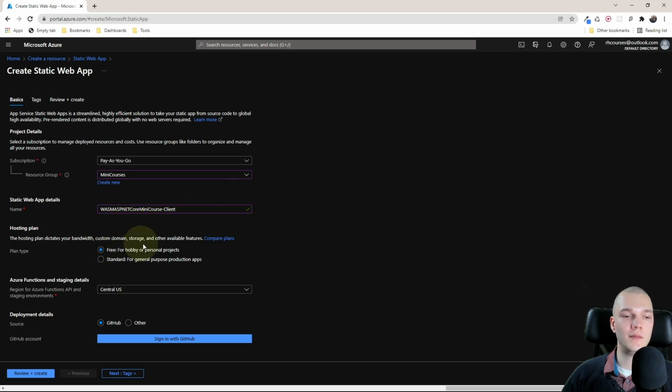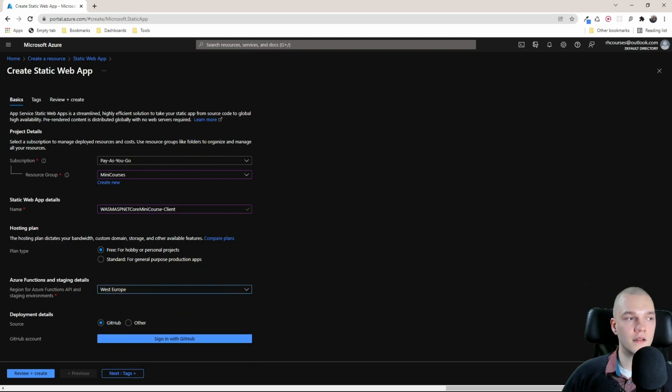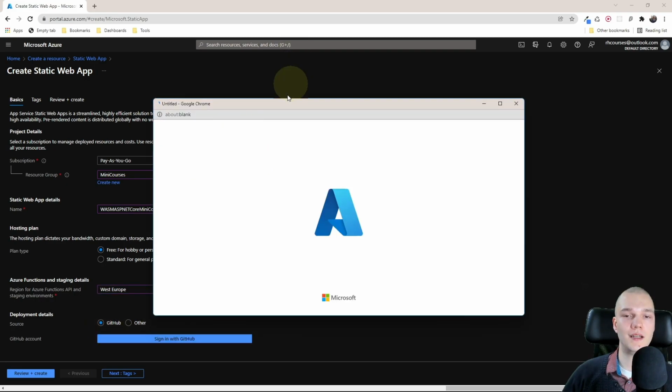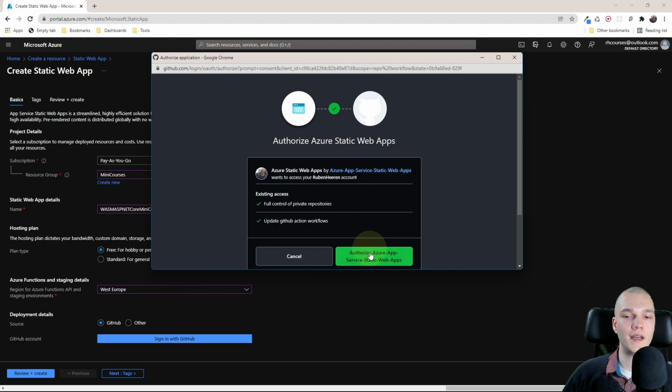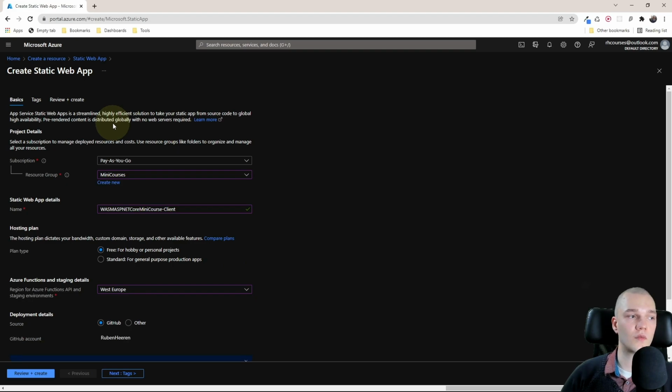I'm gonna keep the plan type as free, and for the Azure functions and staging details, I'll select the region closest to me, which is West Europe. As the source, I want to use GitHub, so I'll sign in and authorize and just confirm the password. Save to Chrome for me.